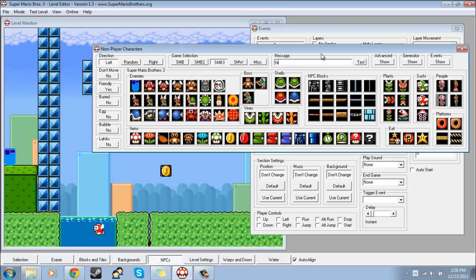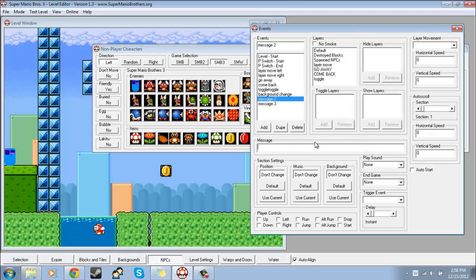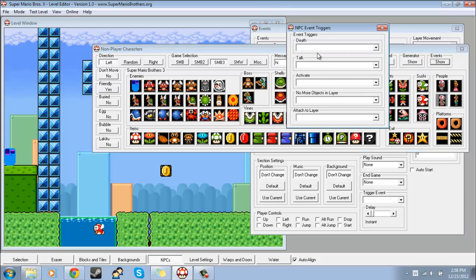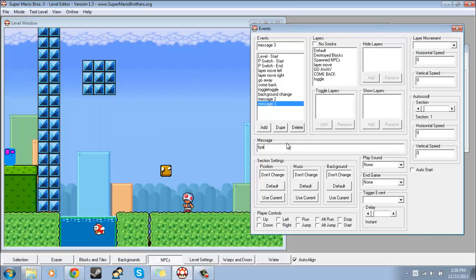So I'll put hi, and then here under message 2, I'll just put what I want to say secondly, yo. And then under message 3, I'll just do bye. And then under events, I'll do show, and then where it says talk, you're going to want to select message 2, and then you'll just place them wherever. And then in the message 2 event, you'll want to select trigger event message 3,